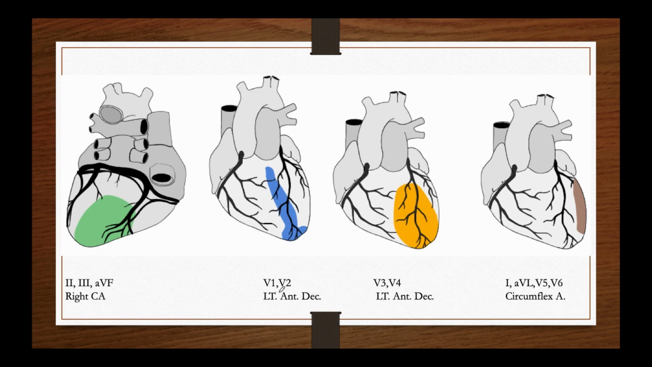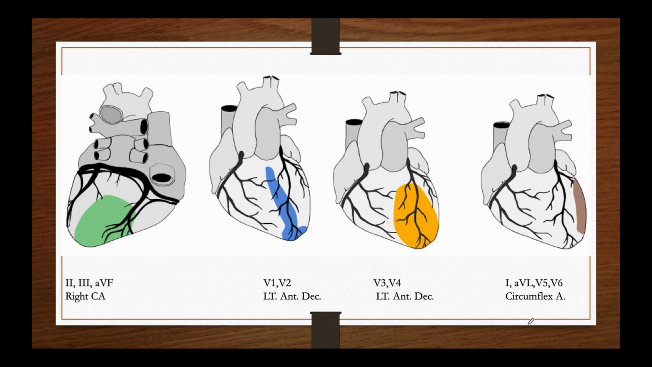Likewise, when we have ECG changes in precordial leads V1 and V2, it gives us information that there are pathologies in the septum of the heart, and the coronary artery involved over here may be the left anterior descending coronary artery, or the LAD. And also, if you find any ECG changes on precordial leads V3 and V4, then we are talking about pathologies of the anterior portion of the heart, as well as the left anterior descending